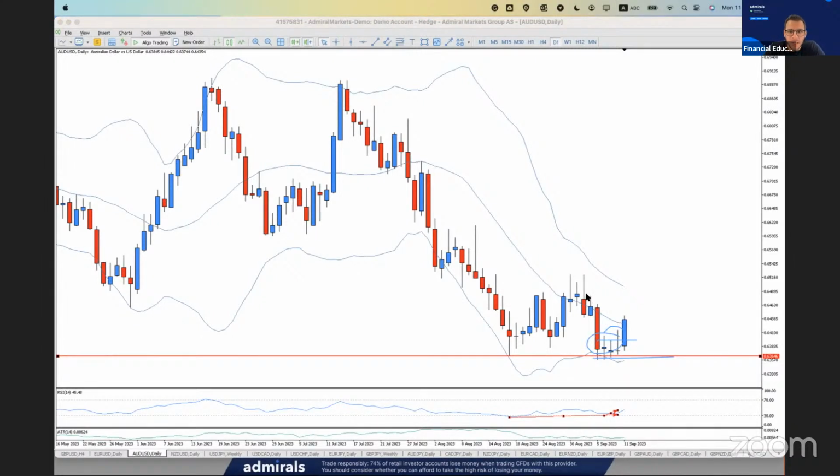Now, as the majority of here, it's what we call the balance between buyers and sellers. First, we were expecting the market to break below this support, but the sellers didn't come aggressively to break it. On the other hand, we were expecting the buyers to be aggressive and buy it with limit orders. But again, they didn't come to buy this market. So it left the retail trader like us with those question marks. So what are we doing now? What's the best approach to trade this Australian dollar, US dollar, right?